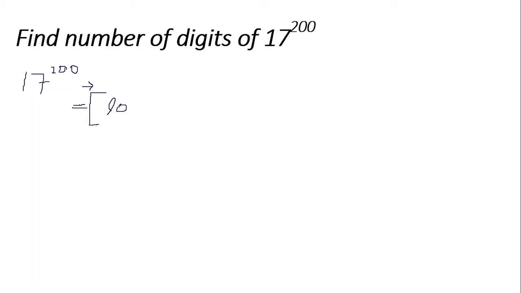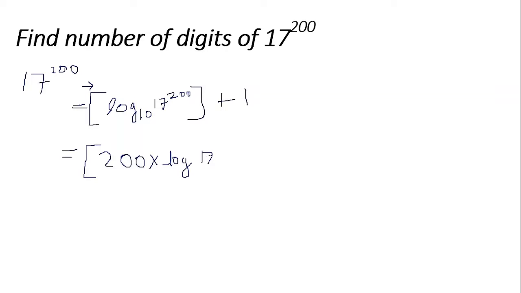log of 17 to the power 200 to the base 10 plus 1. This floor function is also known as the greatest integer function. So this will equal the floor function of 200 times log 17 to the base 10 plus 1. So this equals 200 times